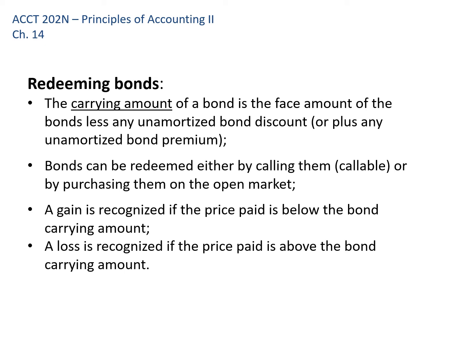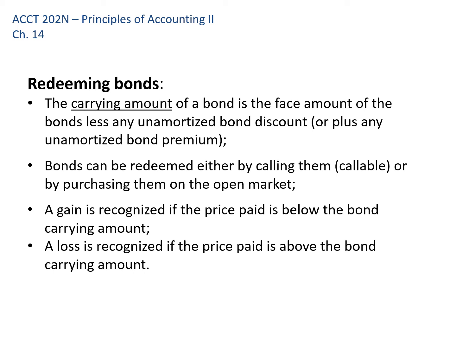And it's a little bit weird because it's different than a gain or a loss on selling an asset. If I owed you $1,000 and I came to you and said, I want to get that debt off my books, I want to pay it off early, and you told me, well, I need the money anyway, so I'll tell you what, I'll let you pay me $980 and then we'll call it even. Well, I'd be paying you less than what I owe you to get out of that debt. I'd save myself $20. I'd be happy. That would be a gain.